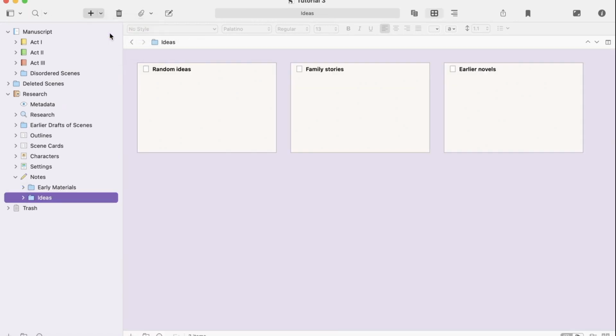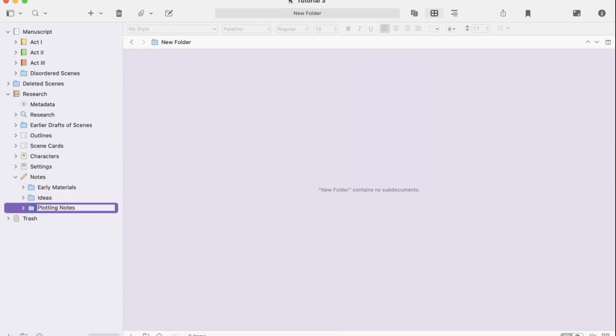Other things that I keep in notes, the plotting notes folder. This is where I keep any writing reference sheets about plotting that I use as I write or plot. It's also where I keep plotting worksheets and generally any other notes I have or exercises I did while I was plotting. After plotting notes, I add a few more documents